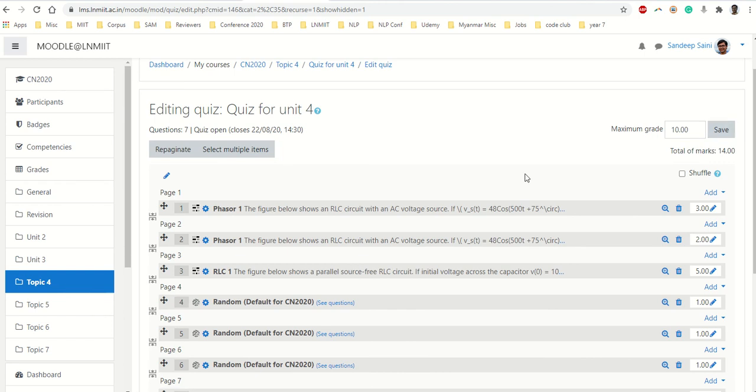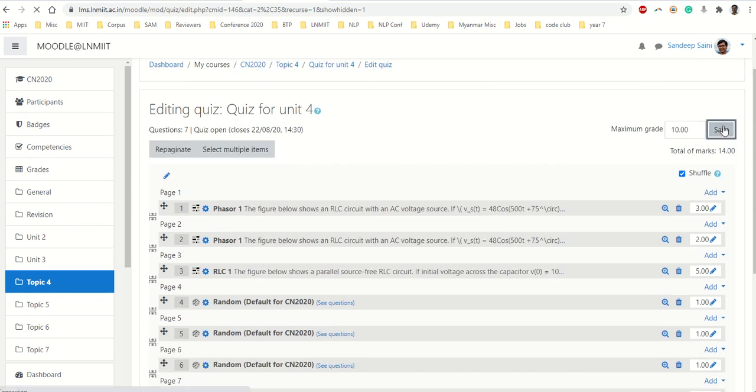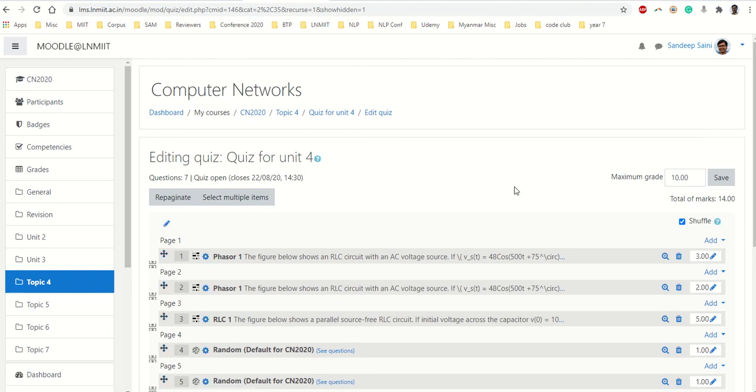Okay, before you go there, this option is very critical. Right now I have planned my quiz that question number 1 is this, second is this, third is this, and 4, 5, 6, 7 are these. If I want to shuffle these, that means they will appear in a random order. Please click this option. And it is advised that most of the time we use this option and then we just save it. Our quiz is ready.